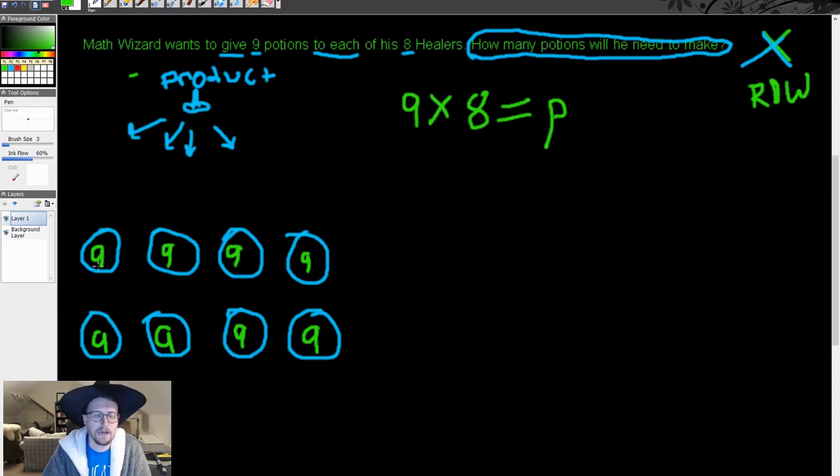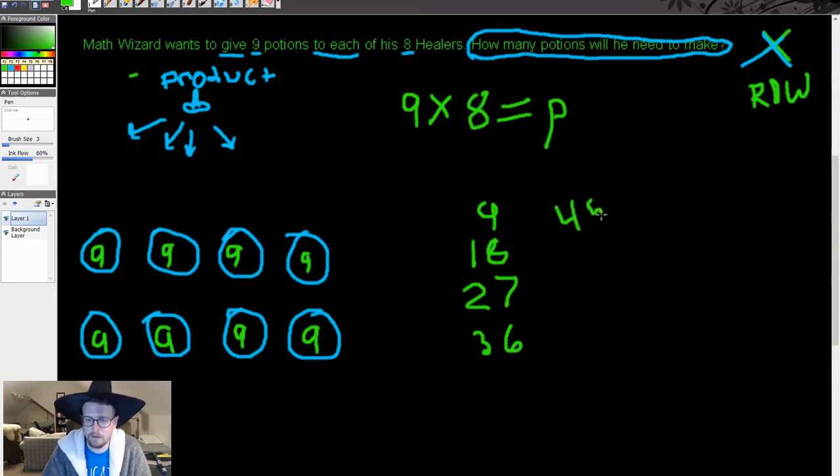Okay. Now you can do a couple of things. If you know 9 times 8, you can just solve this. If you don't, then you can count up your dots if that's what you've chosen to do, or make a multiples list, or add. I am going to do a multiples list, even though I know my 9 times 8. Let's do our multiples list here. 9, 18. Ooh, and again, here, you'll have to bear with me a little bit. My writing's going to be messier than normal. 36, 45, 54, 63,